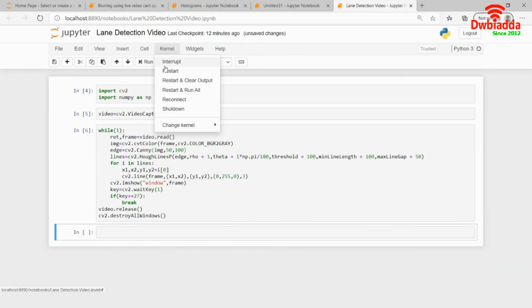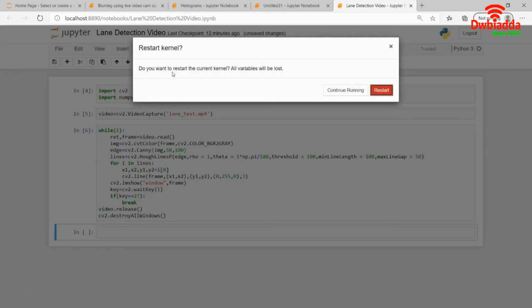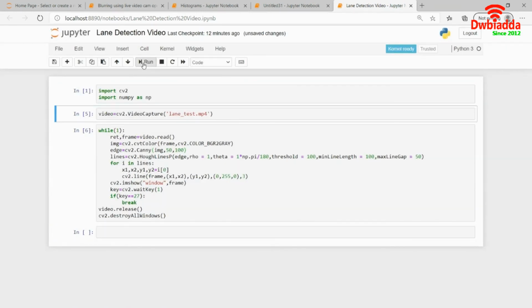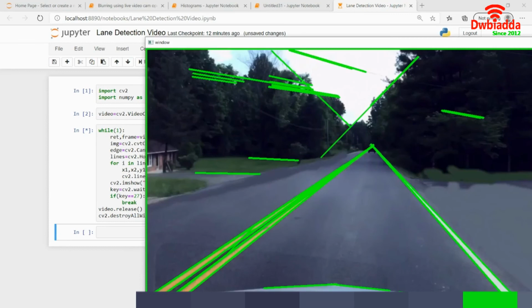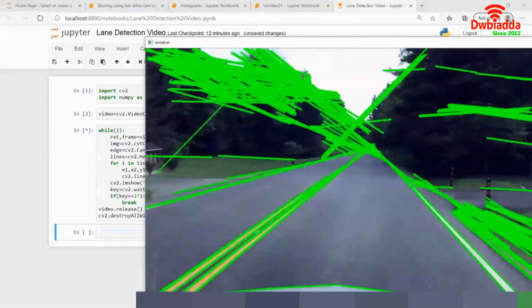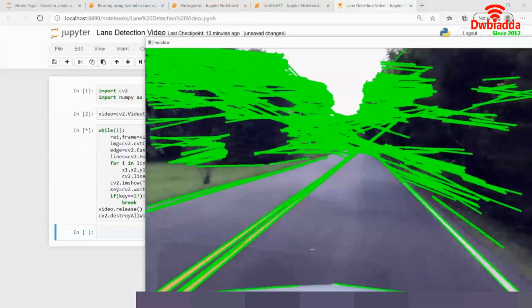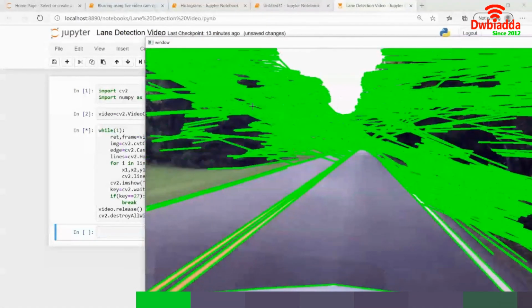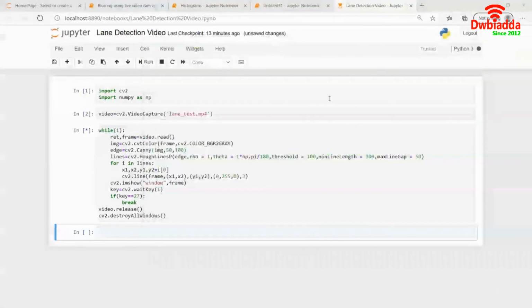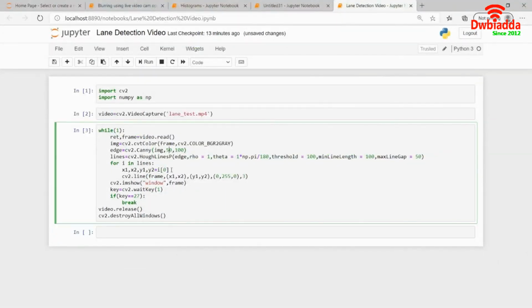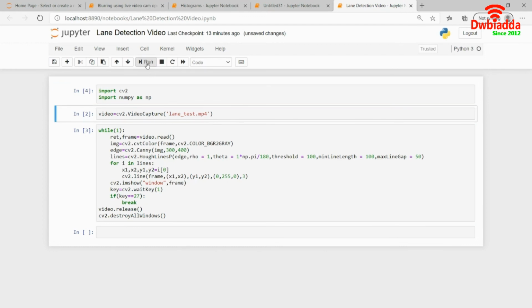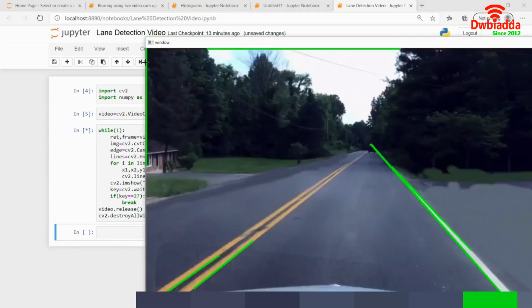So let me restart my terminal and run this again. And now you see a lot of noise over here. This would never stop and never give you an error, but the noise will tremendously increase. So it's better we use a value of 300 comma 400 to reduce the noise so that our video works perfectly fine. It will not be the best result that we expected, but it's enough to understand what we're actually doing.